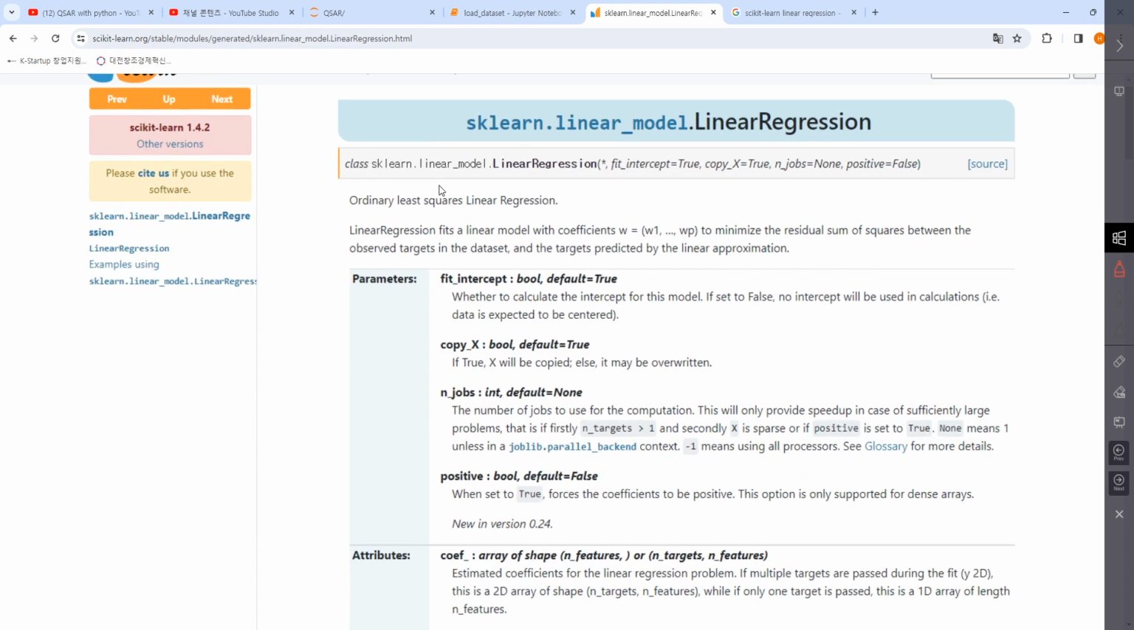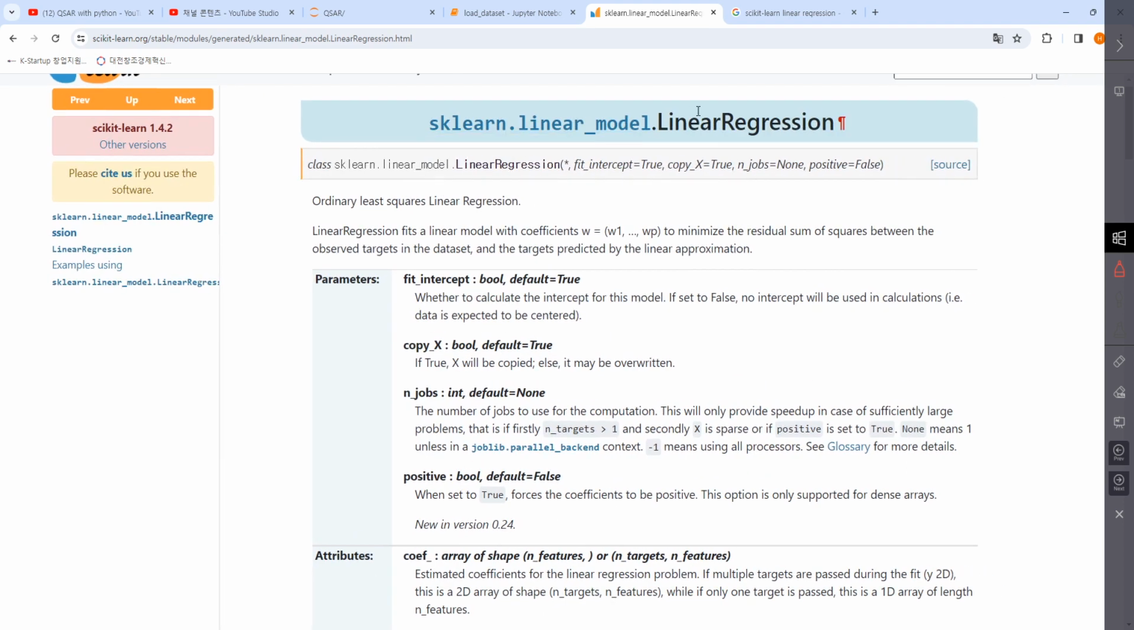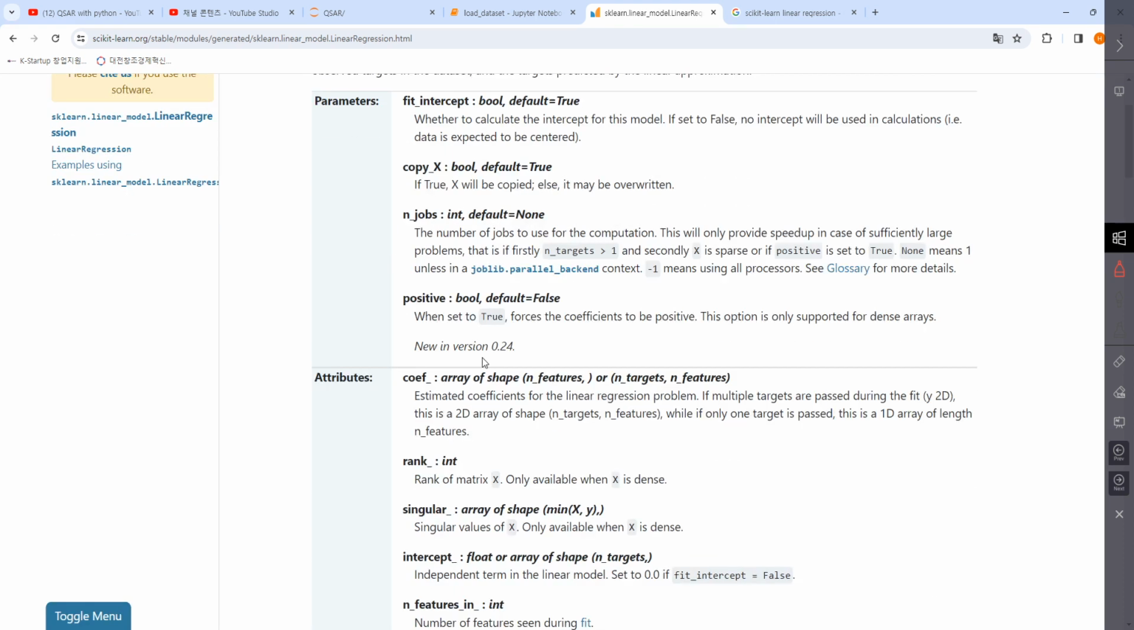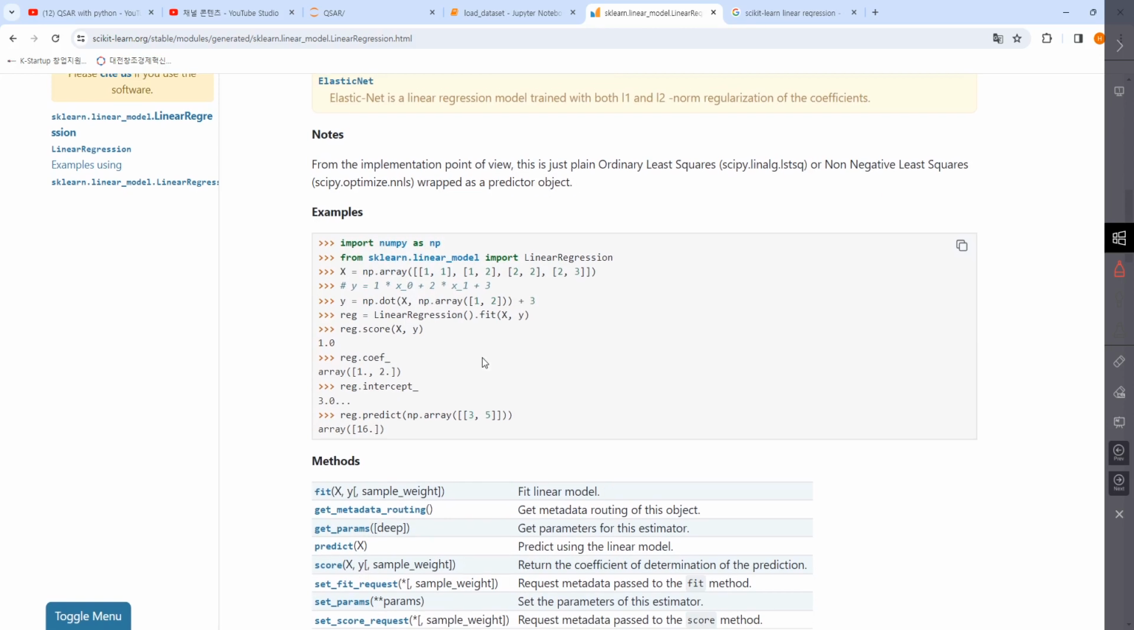So you can see these methods, what sort of parameters are used in these methods. And if you scroll down, actually there's an example code. So you can import it by this. And this is example data, so you can ignore it. But it shows how you